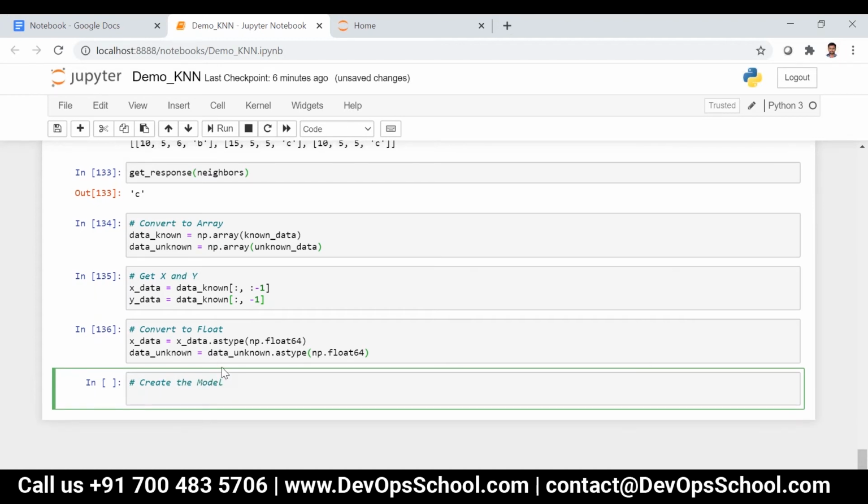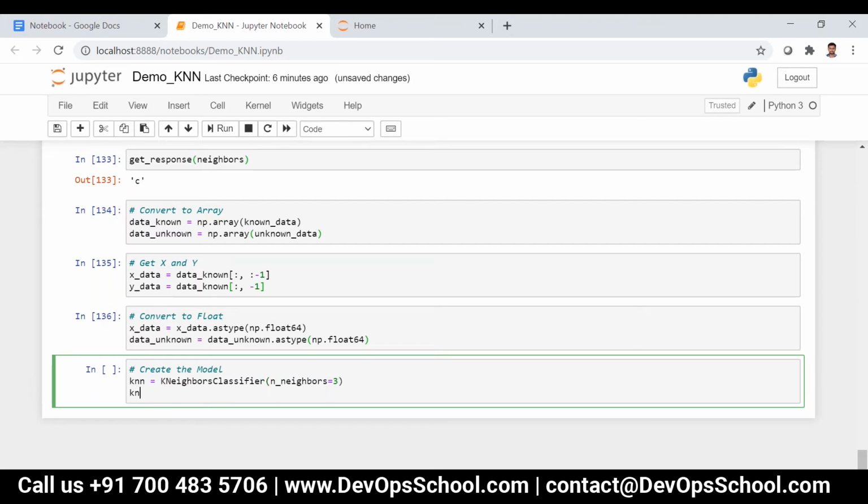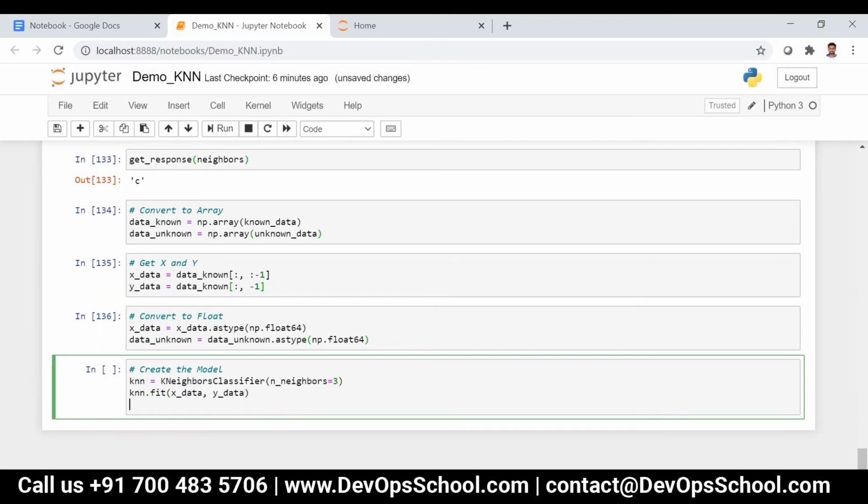We do the same thing: knn is equal to KNeighborsClassifier with n_neighbors equal to 3. Then knn.fit of x_data and y_data, then I can predict it: y_pred is equal to knn.predict of x_data.